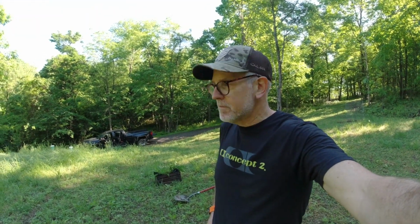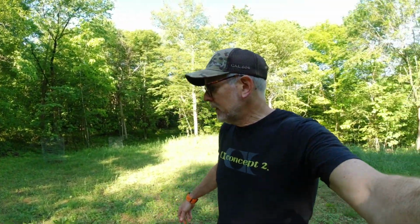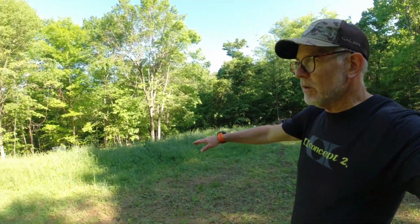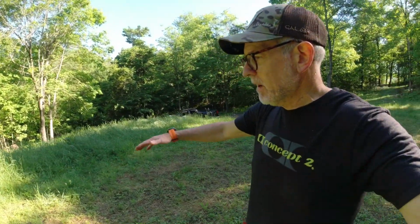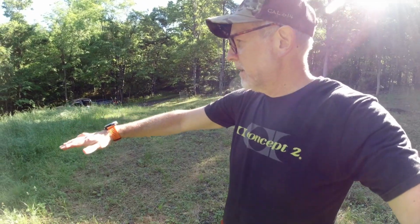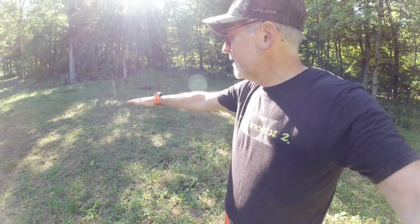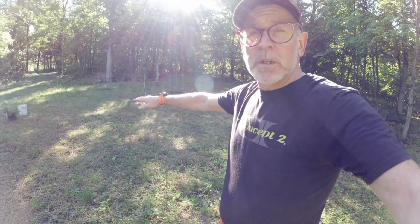I'm out here in the sand mound area where I'm hoping to have a pollinator garden or a pollinator area. So this was all just put in last fall. This was woods and they cleared it, and then where this tall grass is, is the sand mound for the septic. There's quite a bit of material that was added here, and some in here to kind of smooth the transition